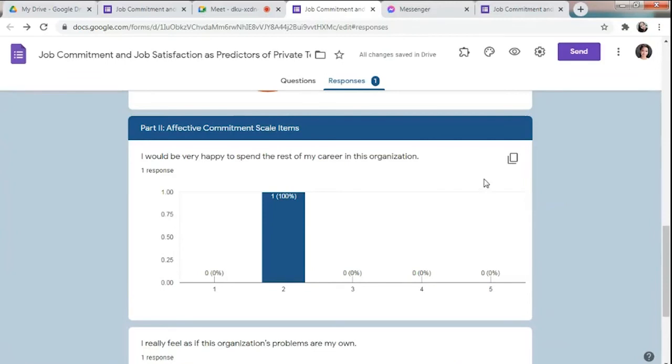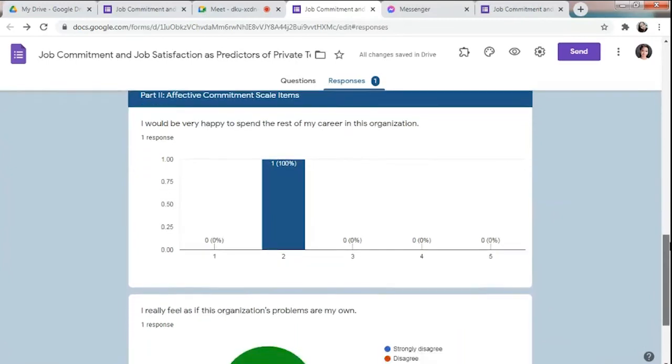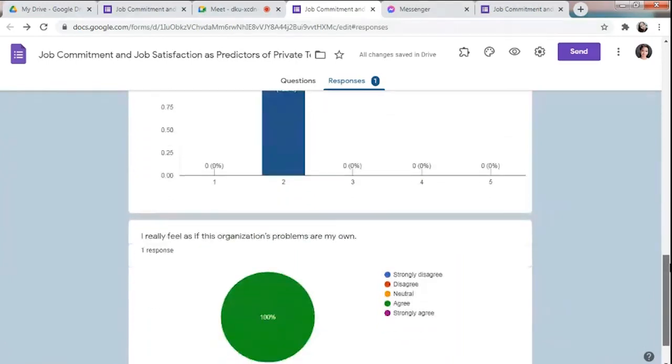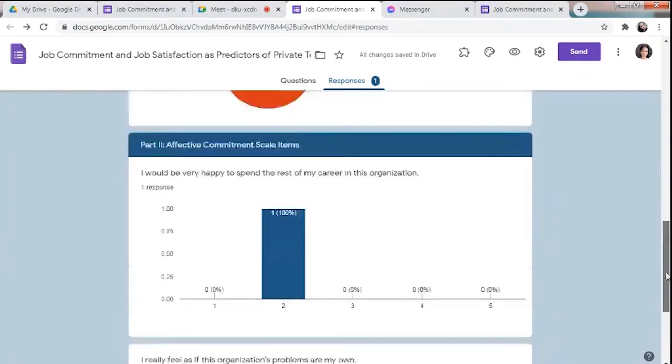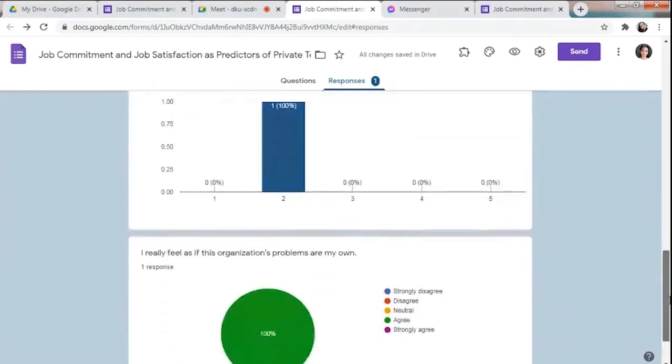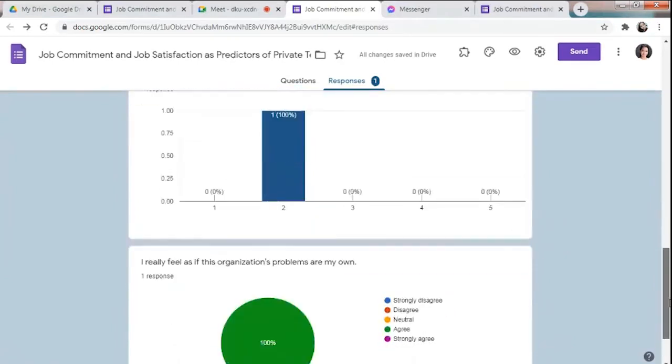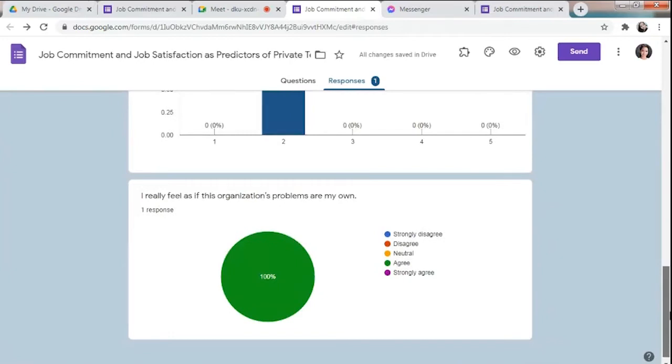You use the linear scale, and if you use the multiple choice, this is how it looks like, the pie graph. So meaning to say, student researchers, it's up to you if you want to use the linear scale or the pie graph, but make it